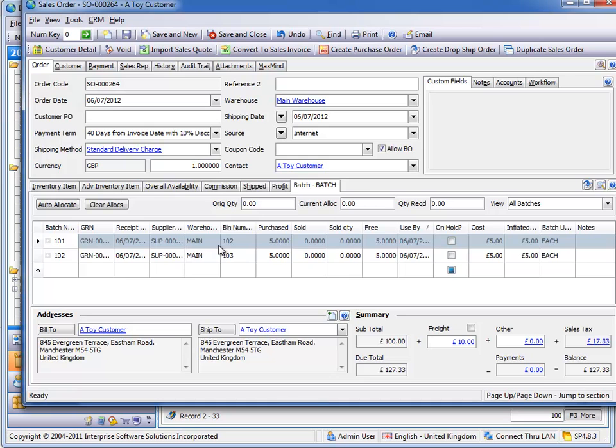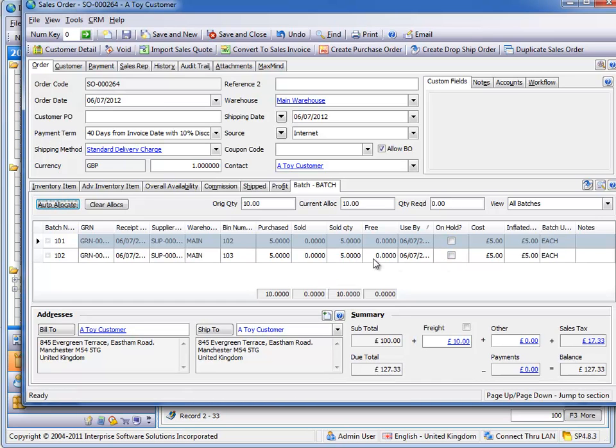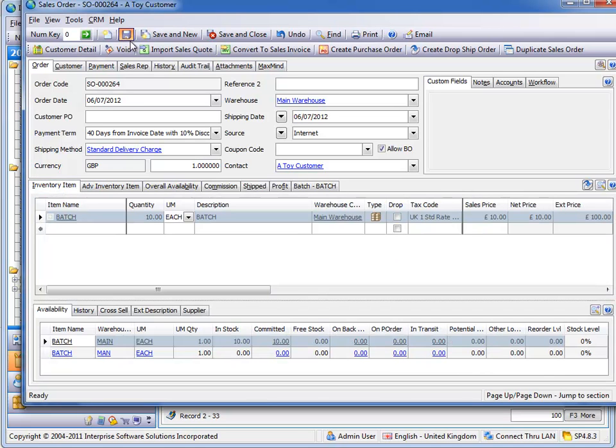So now we can either type in the batches which we're going to use, or we can just auto allocate, and this will do it on a use by date basis. If I press auto allocate, you can see there the sold quantities have now gone up for 5 and 5, so that means I'm selling the full amount of each of the batches. So we just save that